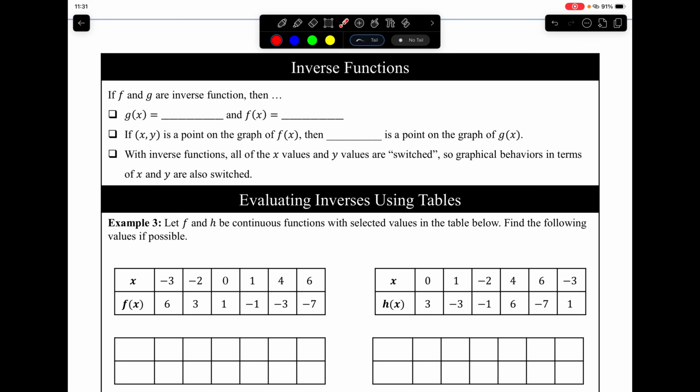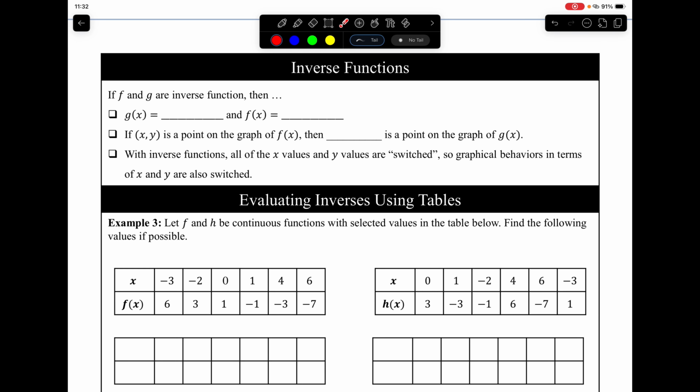So now if you'll please turn to the second page, and let's talk about, again, our main learning objective, which is how do we evaluate, now that we know how to create the inverse of a function, how do we use this information to evaluate and determine the value of a function for a specific x value? Well,